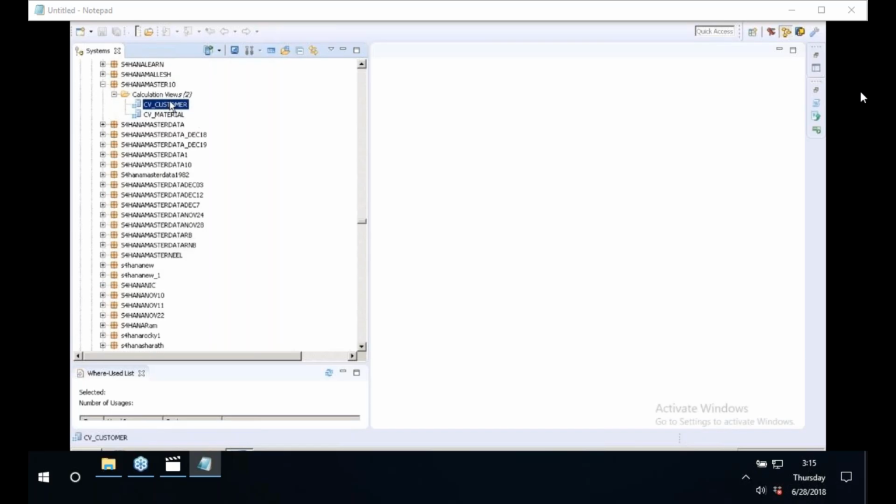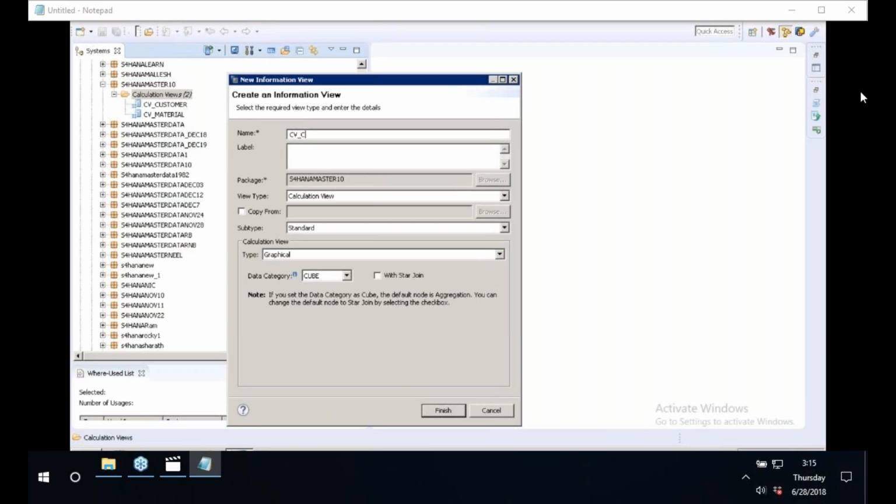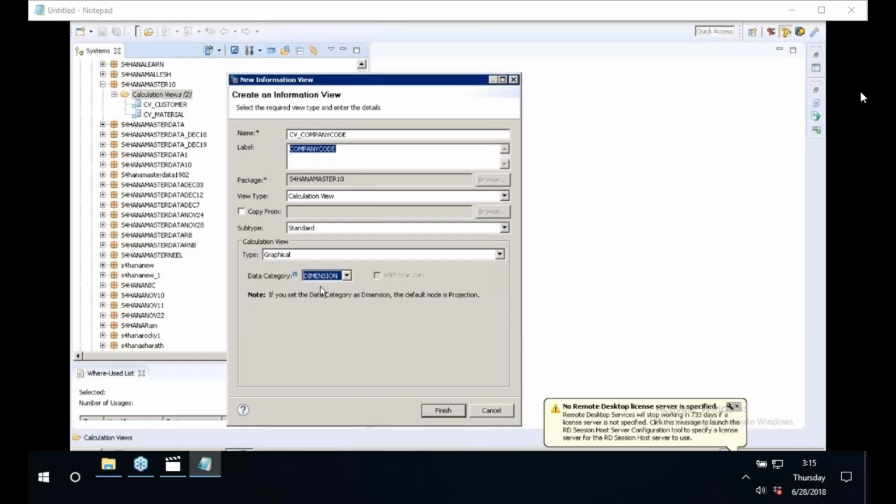What I'll do very quickly is, first, create the calculation view of type dimension for company code. I'll right click on the calculation view, click new. Let us give the name CV underscore company code, provide the description. Let us take the data category as dimension. When should we take dimension? What is the purpose of creating a dimension? For master data, whenever we select a dimension,